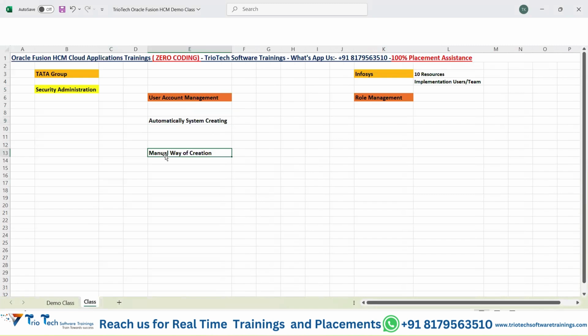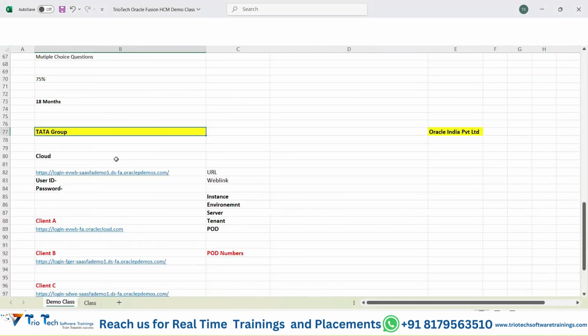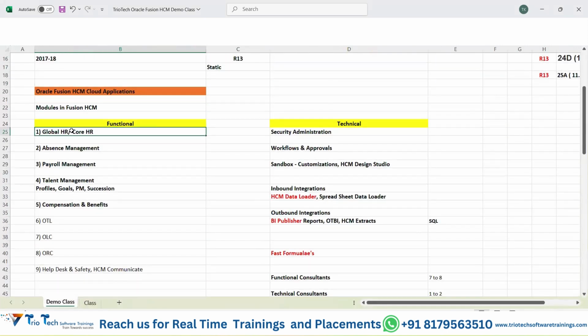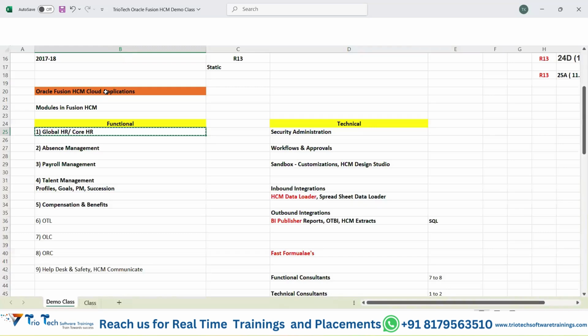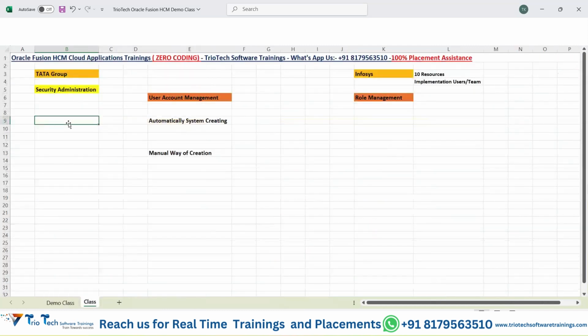What I mean by automatic, team: see, for the employees in the system, here I told you we have a core HR module, team. In this module, employee management in the Fusion system will happen. Let's assume we implemented all the modules, everything we configured, and we handed over the system to the client team. So in day-to-day life, when the client is using the application, the new employee hirings will happen in the core HR module, for the employees of the client. Whenever hiring happens in the system,